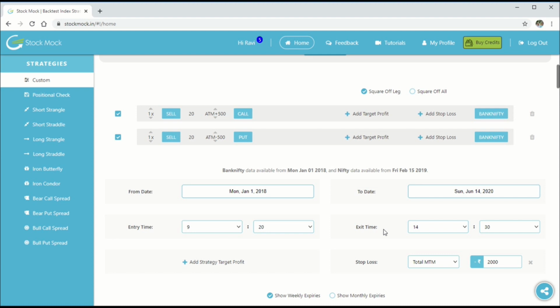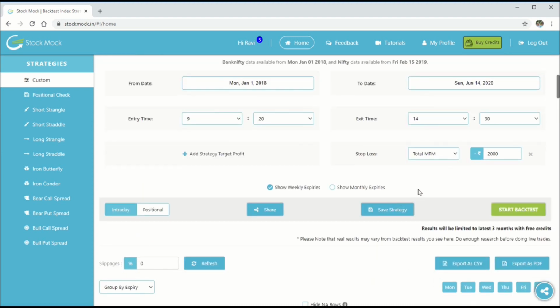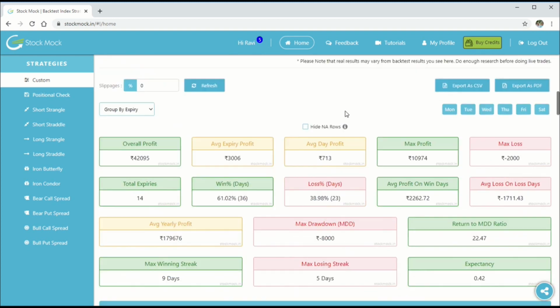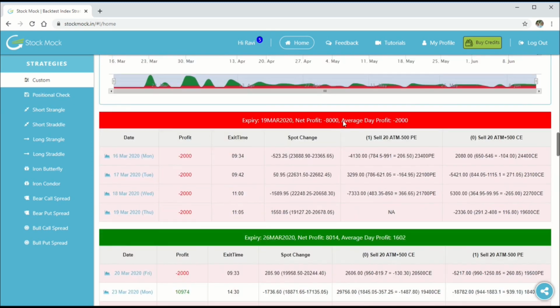However, when you have a stop loss condition or a target condition, there could be a scenario where the strategy might have exited even before the exit time that is configured here. So when you have a stop loss, you might see the exit time column here. So StockMark is providing you the information that is relevant for the inputs that the user provides.